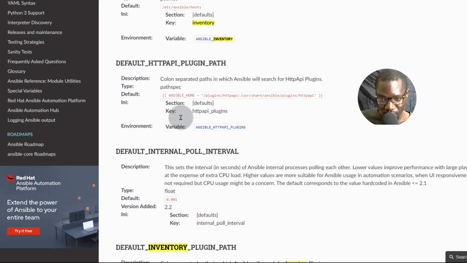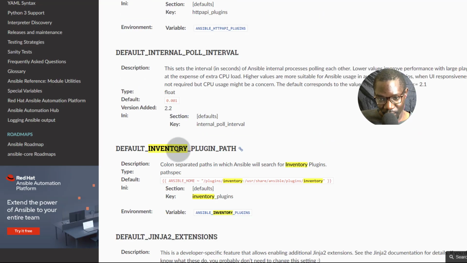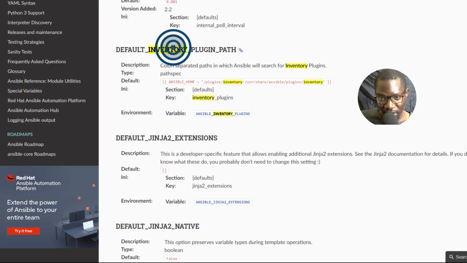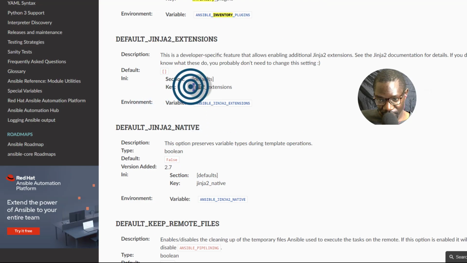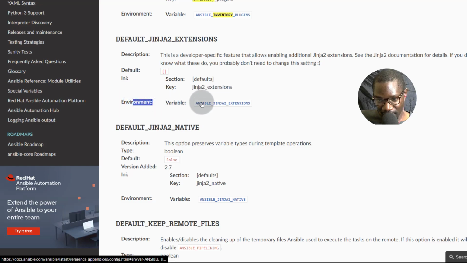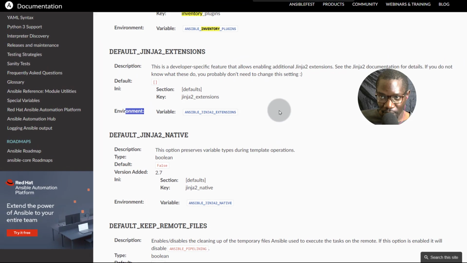Even if you can't find a tutorial to help you, it's important to know where you can go. If you go to the documentation and you need to change a certain value, maybe Jinja something, you can just take that and put it in your ansible.cfg file, or if you want to do it using the environment variable, you can use export ANSIBLE_ equal to the value you want for this variable. So that's it for this part.